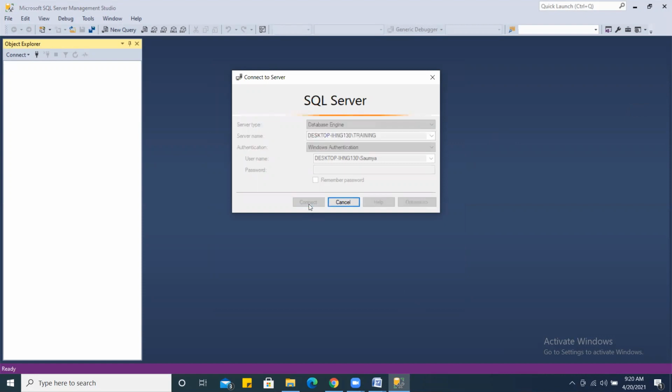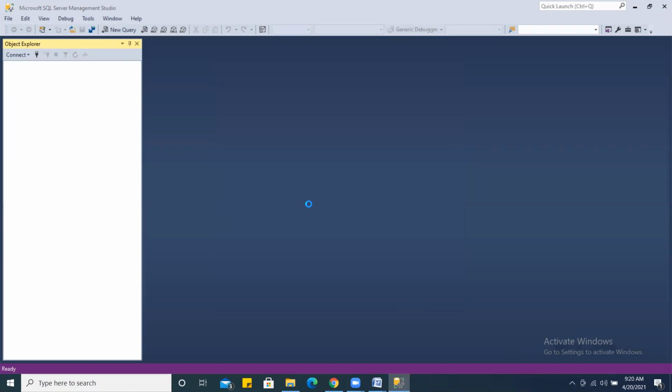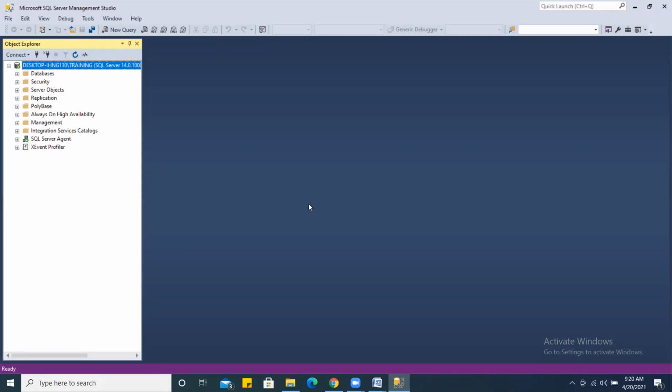So estimation of the number of rows against a particular operation is estimated by the query optimizer with the help of statistics, right? Let me show you what I'm talking about. You will have more clarity there.